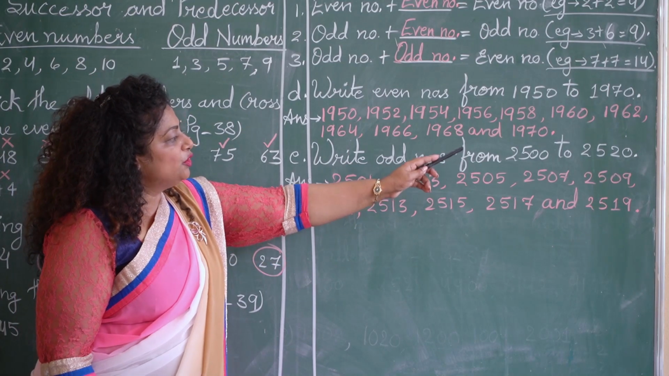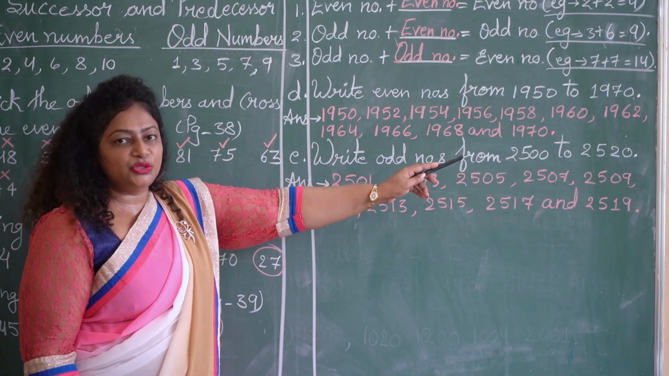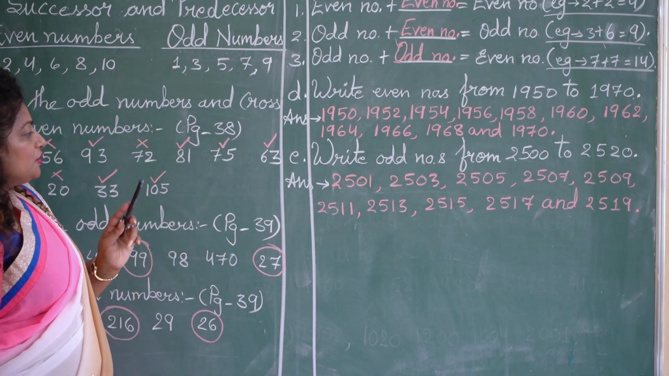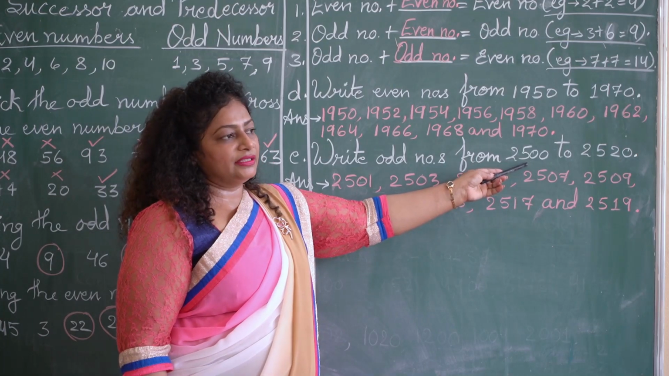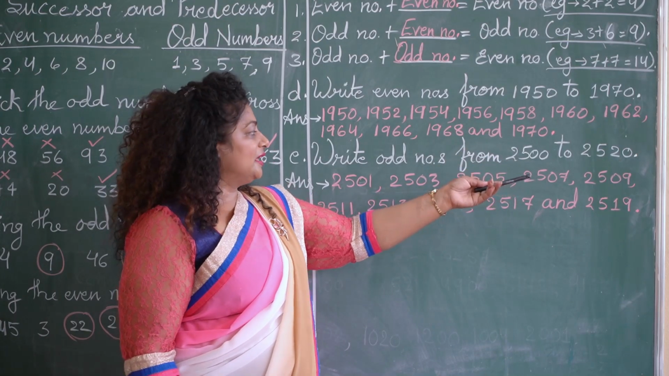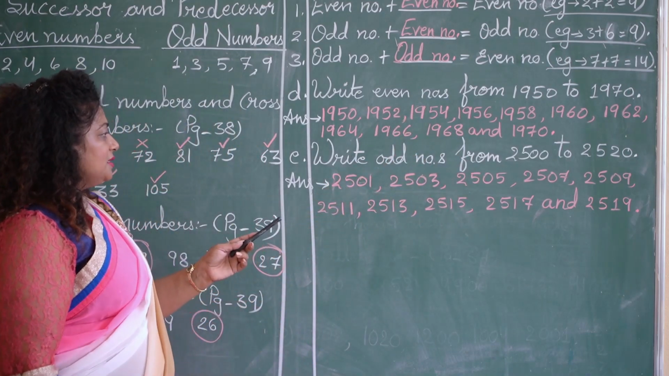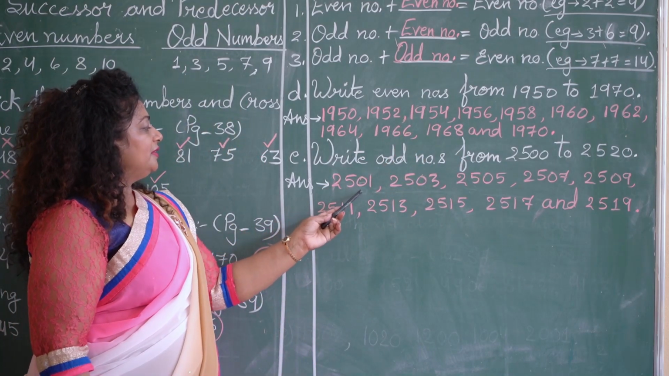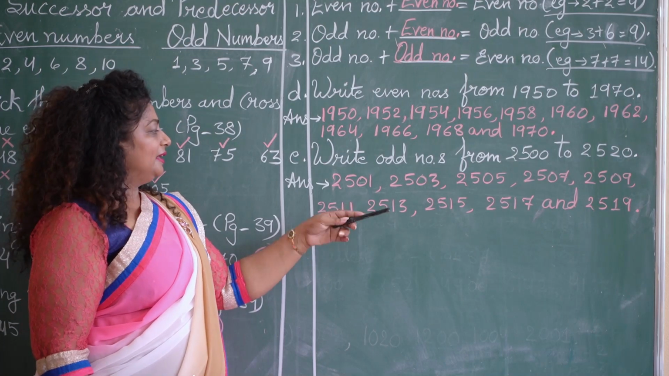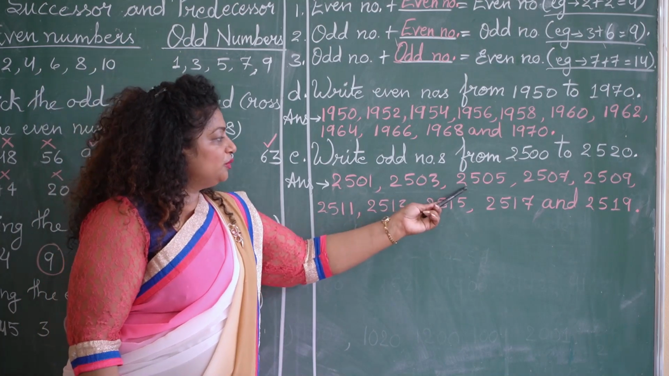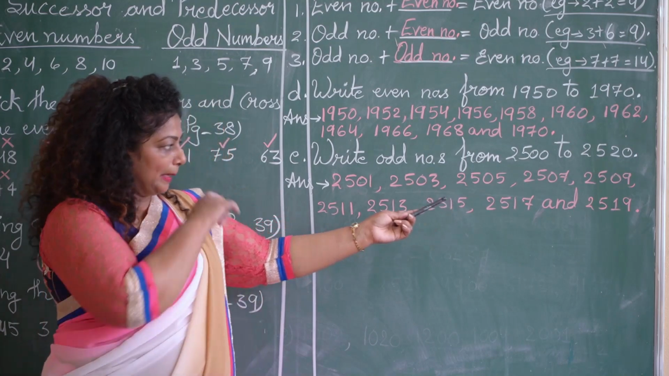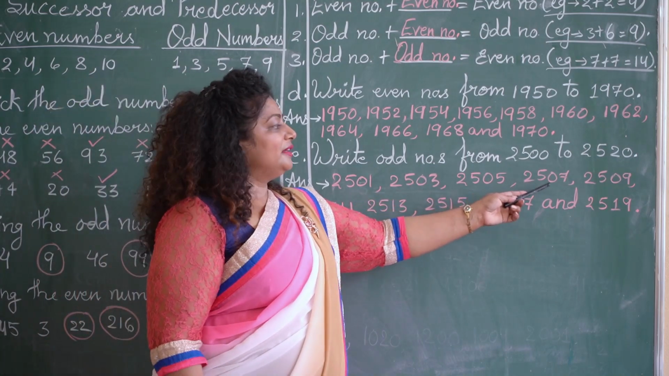Now let's move to the last question of this chapter, that is, write odd numbers from 2500 to 2520. So 2500 is an even number, so we'll not write it. We'll write the next number, which is the odd number. So it is 2501, the odd number, then the next odd number will be 2503, then 2505, then 2507,